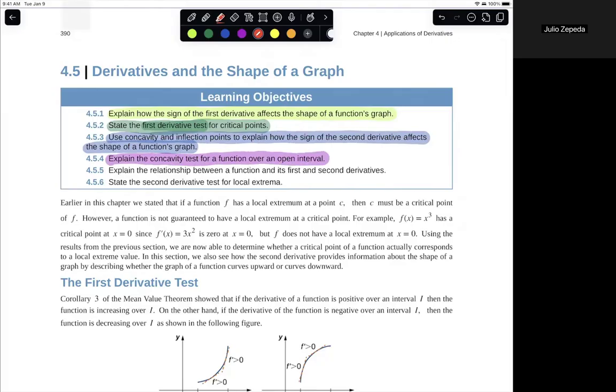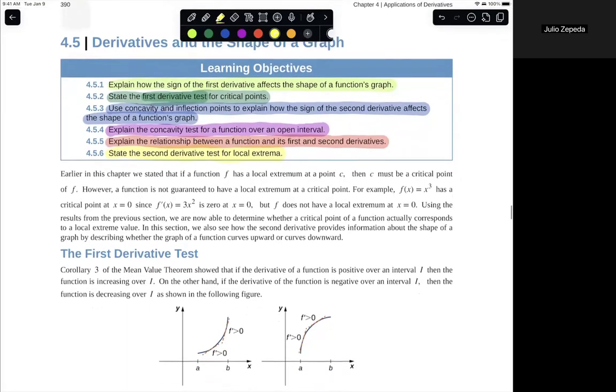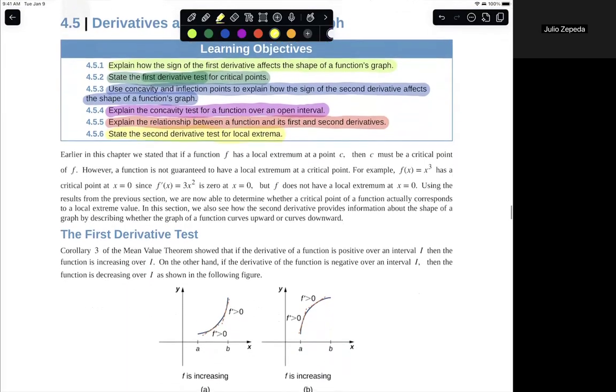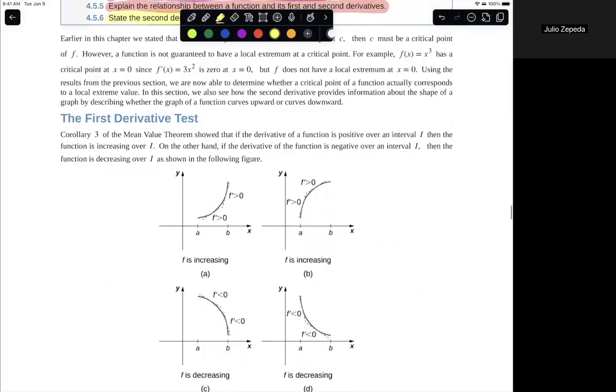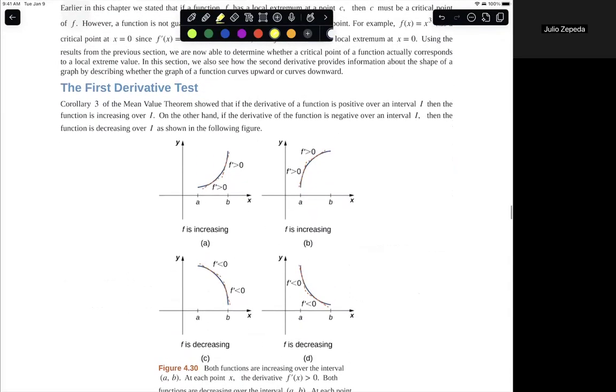Number 5, explain the relationship between a function and its first and second derivatives. And then finally, state the second derivative test for local extrema. So we'll briefly go over some of these. Maybe we won't cover all of it, but